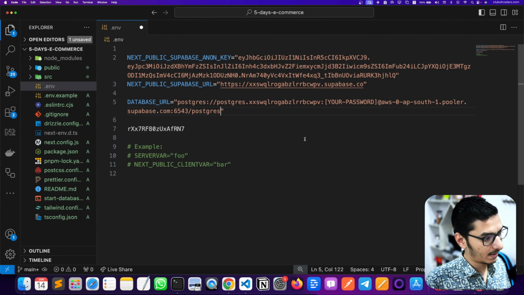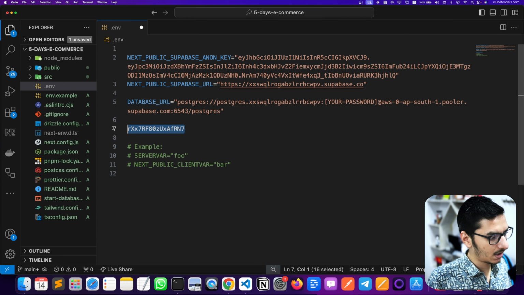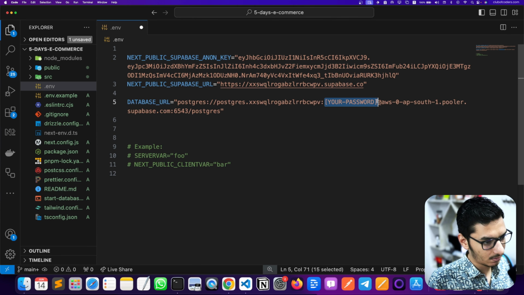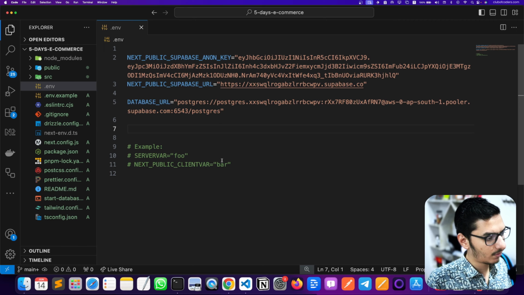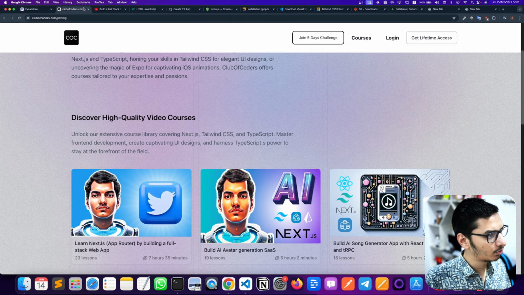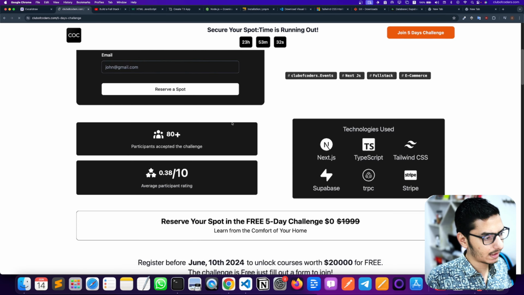So now you can paste the URL, and here the password we have copied, paste the password over here. Now this is our database URL. Everything is good. Okay. If you go to Club of Coders, if you go to 5-day challenge, today's plan is